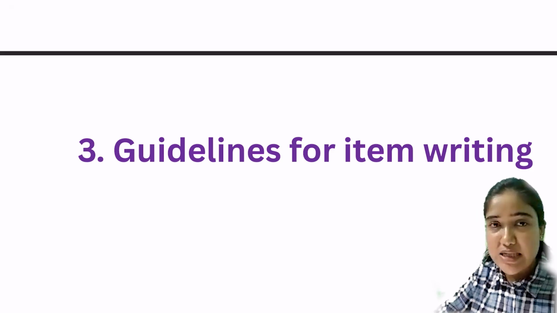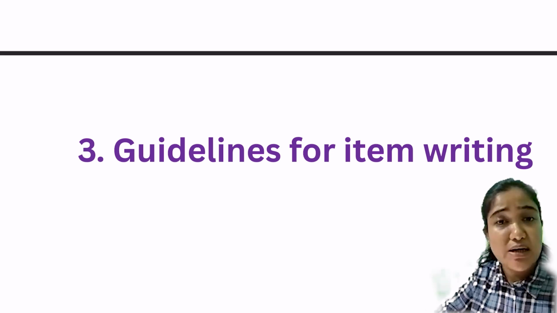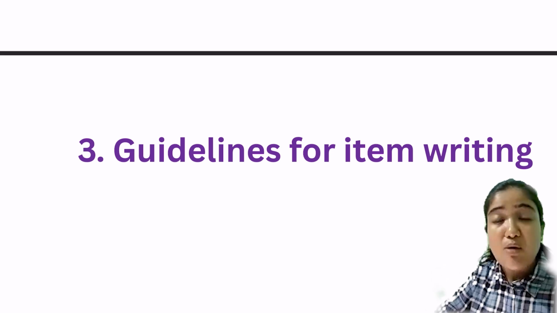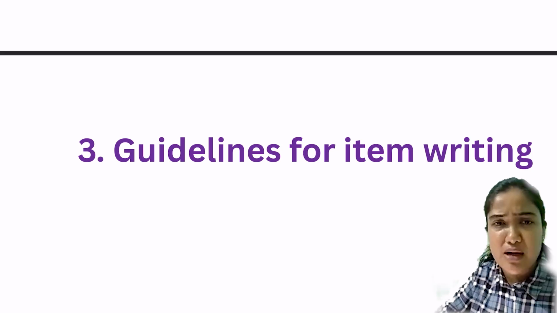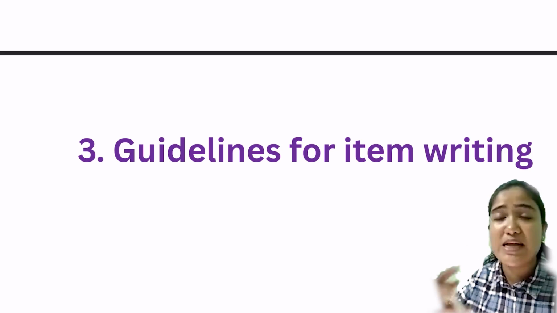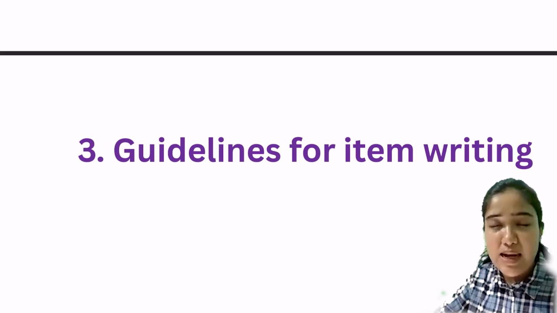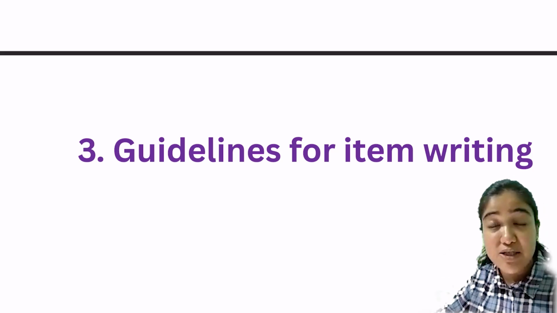When we are constructing test items, certain guidelines must be followed, such as items should be clear and unambiguous. We have to avoid double-barreled questions like "I am happy and energetic." They are basically telling you two things in one item. So it's better to write "I feel happy most of the time" and "I feel energetic most of the time"